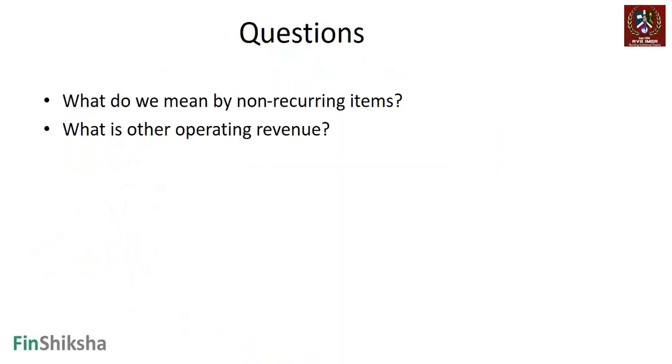Quick couple of questions as we come to the end of this particular section. What do we mean by non-recurring items, and what do we mean by other operating revenue? Give examples of